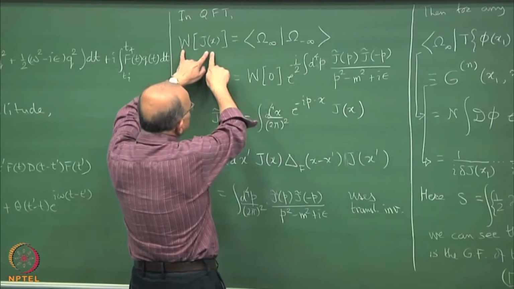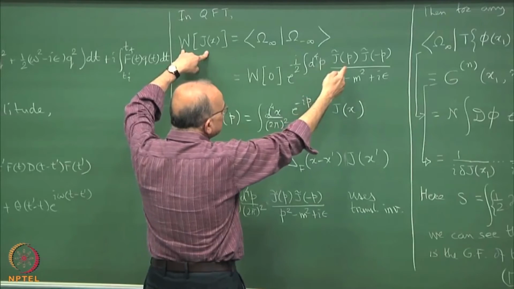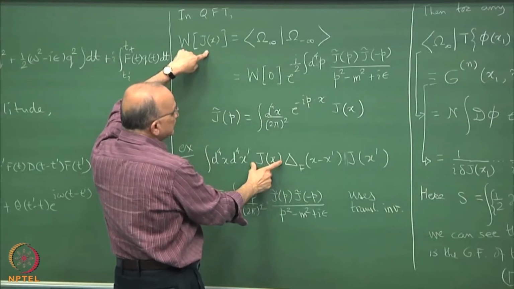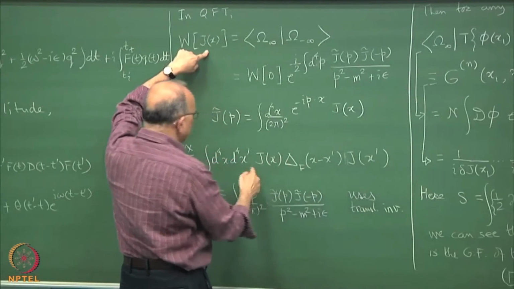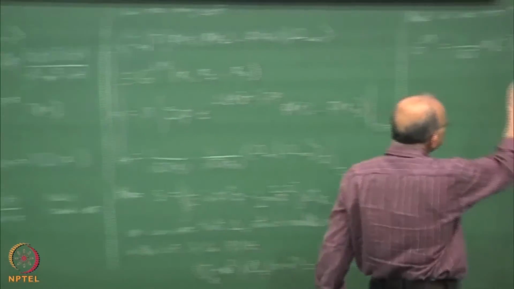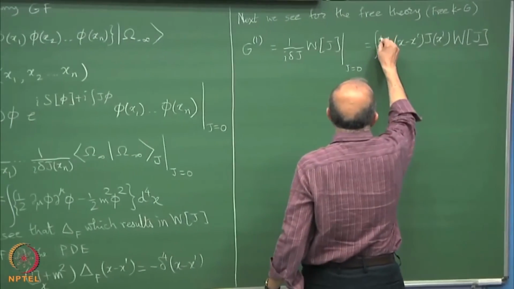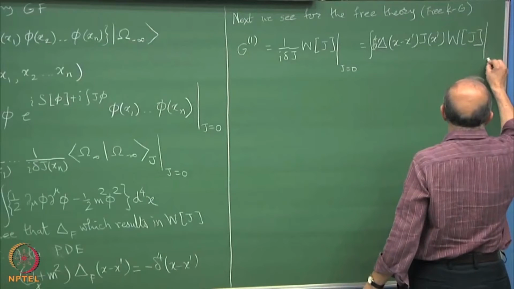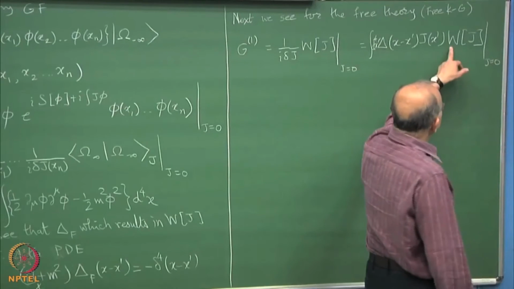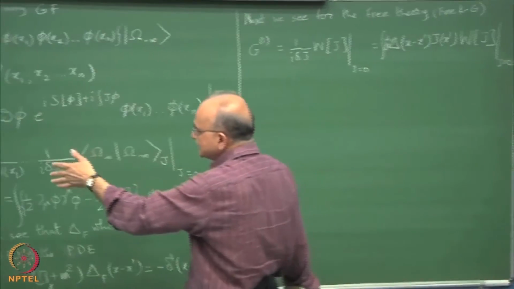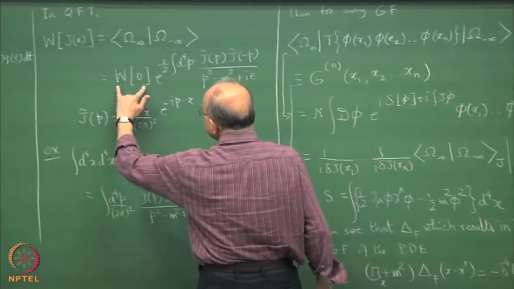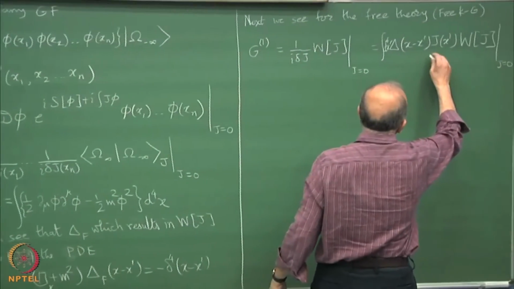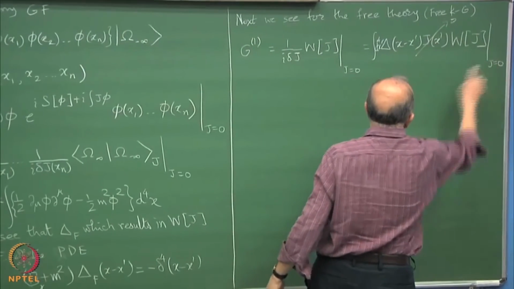If you vary this W of j with respect to j, well, we should write it in real, so these two are the same, right? So this is the same as this. So if I vary with respect to this, I will bring down this remainder piece down with a d4 x prime. Okay, but I have to evaluate it at j equal to 0. So while W of 0 is some sensible answer of the free unforced theory, this j is going to make it equal to 0. So this is equal to 0, right, at j equal to 0.